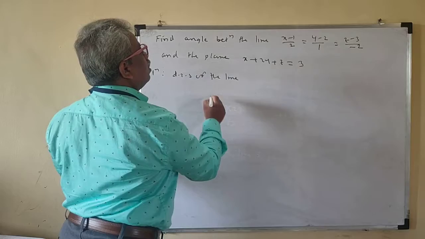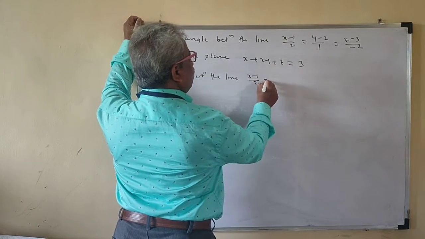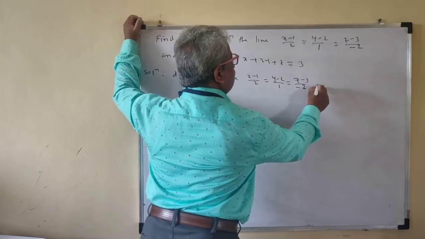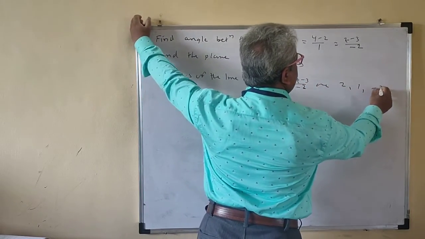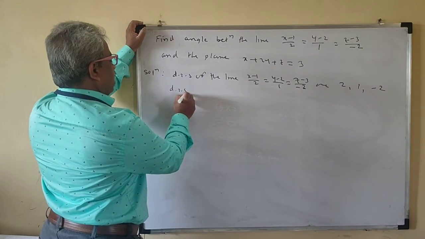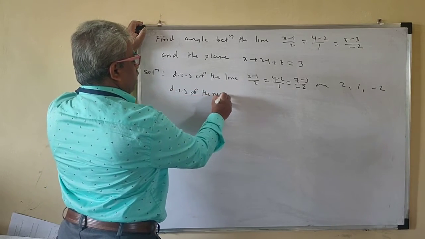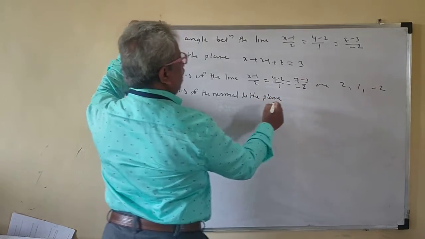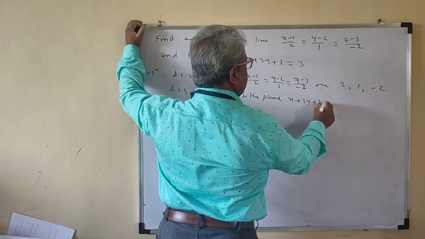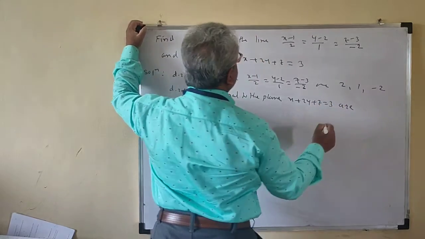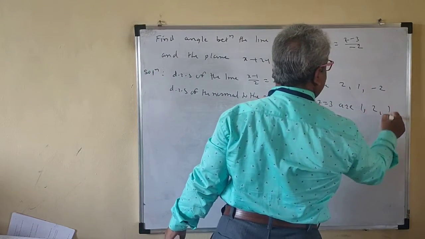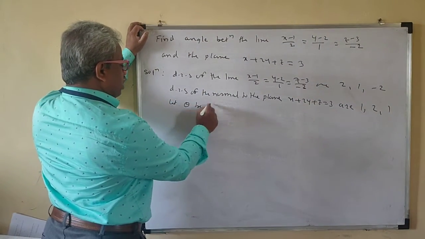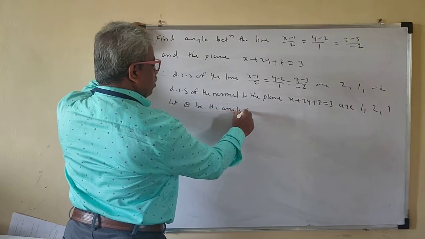DRs of the line (x minus 1)/2 = (y minus 2)/1 = (z minus 3)/(minus 2) are 2, 1, minus 2. Okay. So DRs of the normal to the plane x plus 2y plus z equals 3 are 1, 2, 1. Okay. So let theta be the angle between